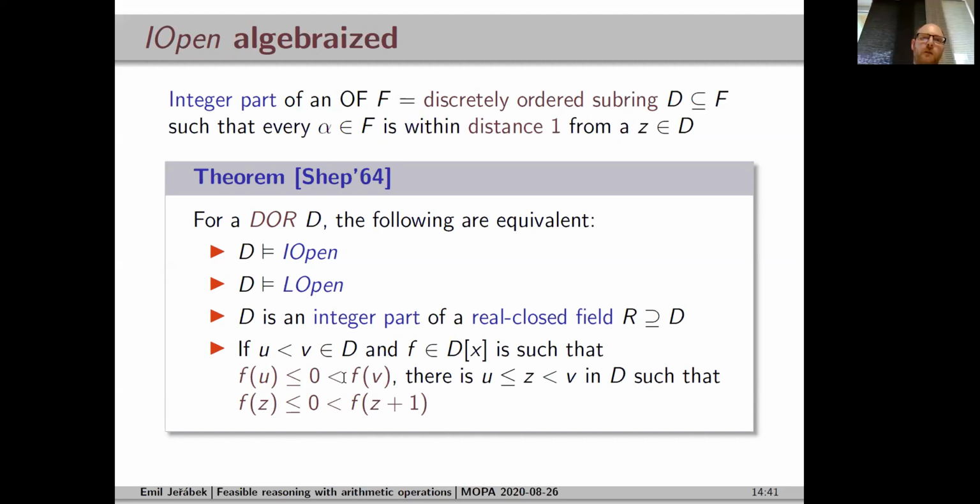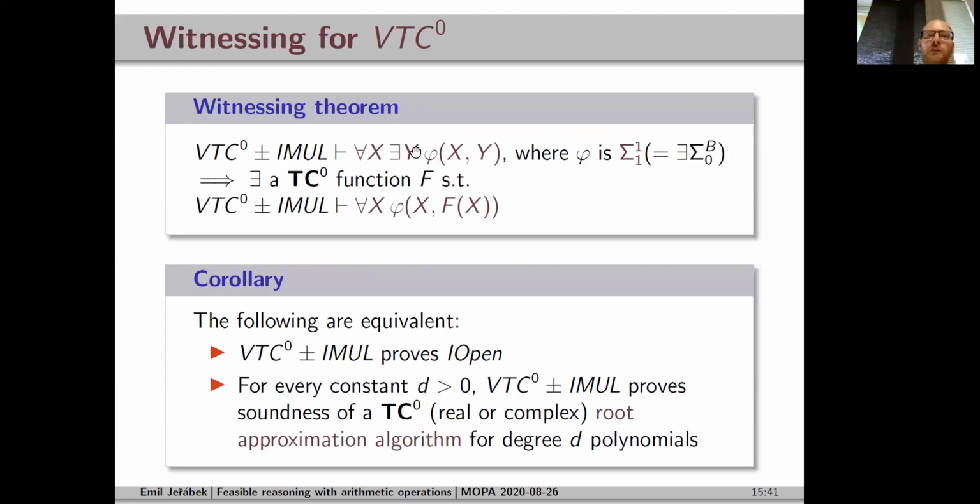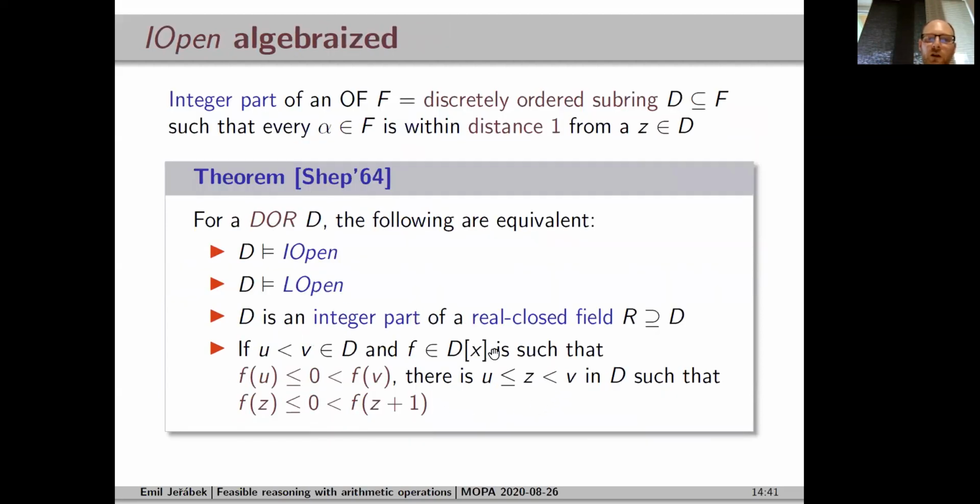Now, this theory VTC0, or its extension with iterated multiplication, has a kind of witnessing theorem, which is really just yet another way to state the fact that it corresponds to TC0. This theorem says that if you can prove a formula of the form that for every x there exists y that satisfies some sigma 1 formula, then there is a TC0 function that witnesses this existential quantifier and is still provable in the theory. Now, if we apply it to this thing here,